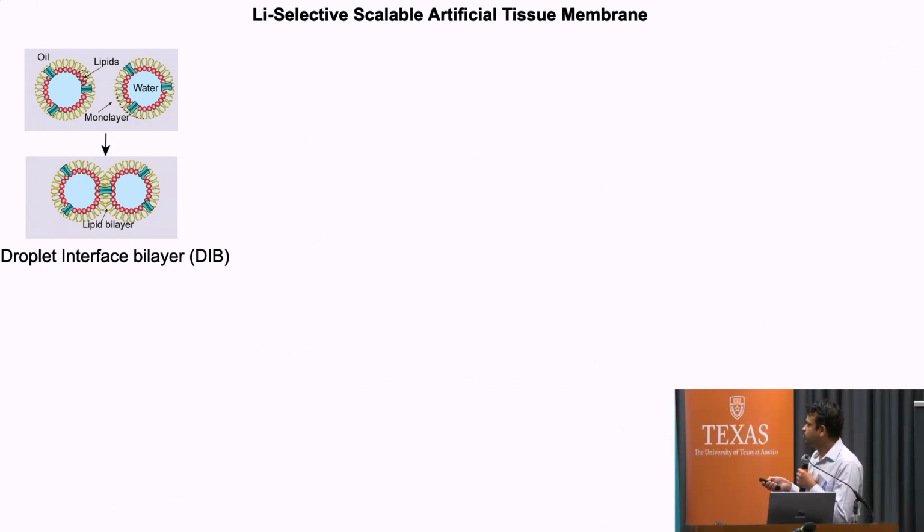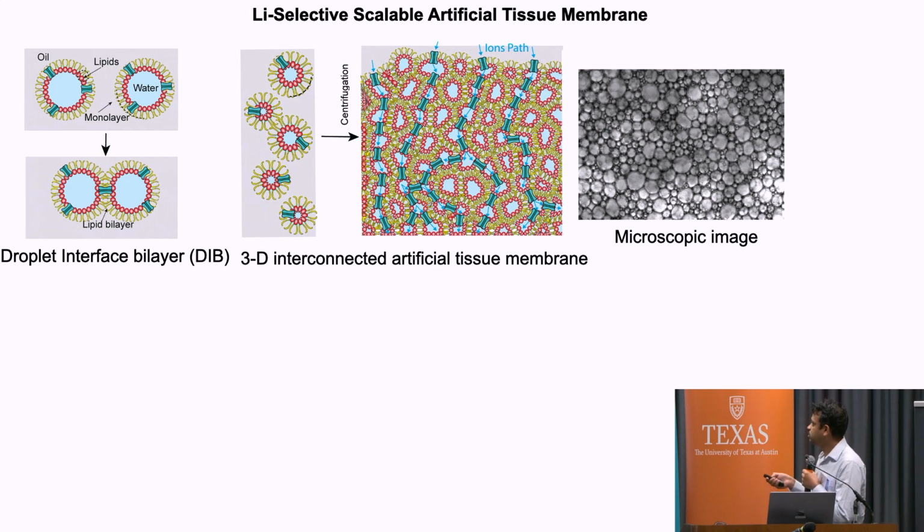For this technique, we take a monolayer of lipid in a water droplet and add it to the oil. If you add it to the oil, the polar side of the lipid will point towards the water, and the non-polar side will point towards the oil. Then when you bring two droplets close together, there is a lipid bilayer here. If a channel is present in this bilayer, ions can transport from one side to the other through this channel. So we use this concept and take millions of these droplets with monolayers of lipids,